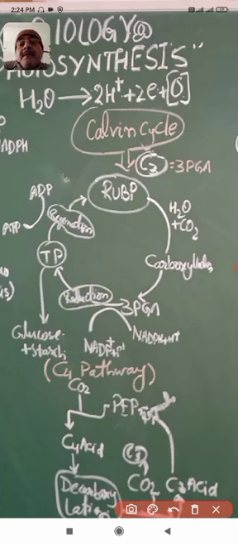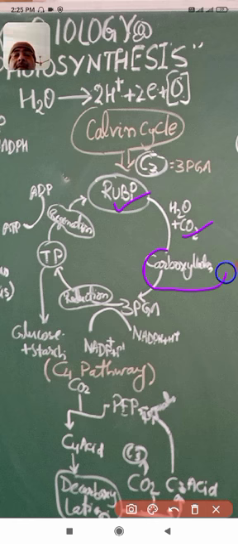there is a synthesis of ribulose bisphosphate that will be called RuBP. So RuBP gets synthesized and this will be the fixer of the carbon dioxide that is coming from the environment. Carbon dioxide and water molecules get absorbed into the leaf, and RuBP gets synthesized. It fixes the carbon dioxide, and the process of carboxylation takes place.